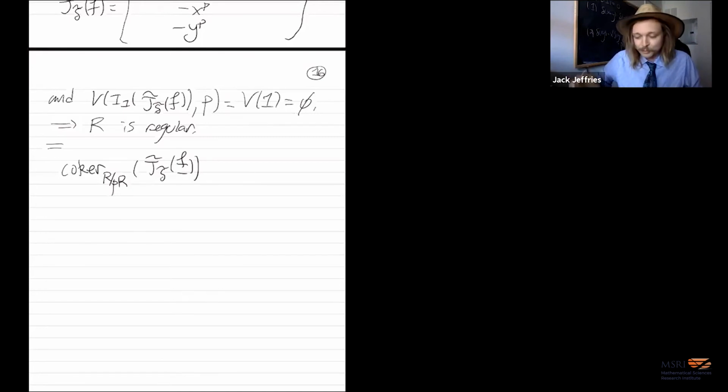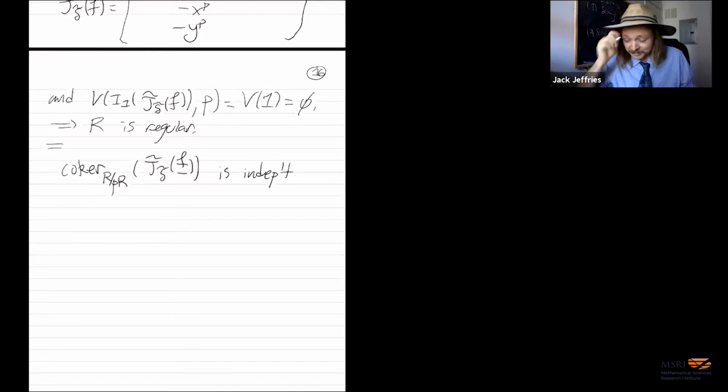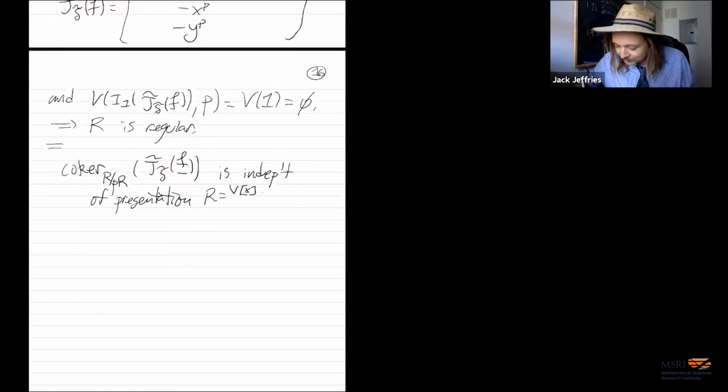And in fact, the co-kernel of this matrix, I want to think of it as a matrix over R mod p. Right, we were only interested in primes that contain p anyways, so geometrically we're not really losing anything. Okay. Well, the co-kernel of this matrix is independent of the presentation of R as a V-algebra,